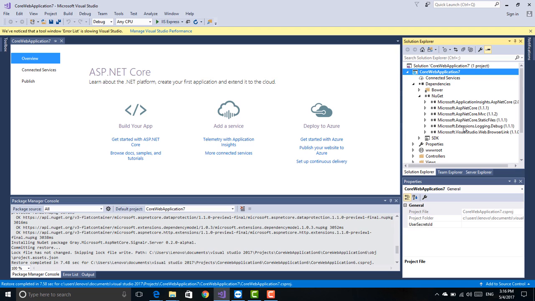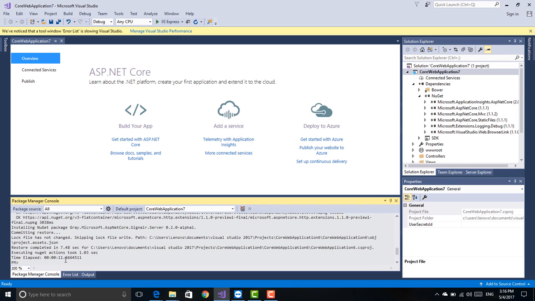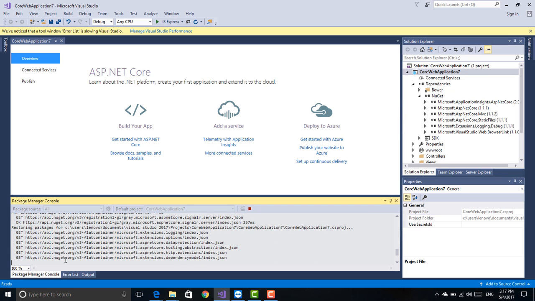To have that added, I am going to switch to my Package Manager Console, and over there I will write a command: Install-Package Microsoft.AspNetCore.SignalR.Server -pre. After writing this command I will simply press enter